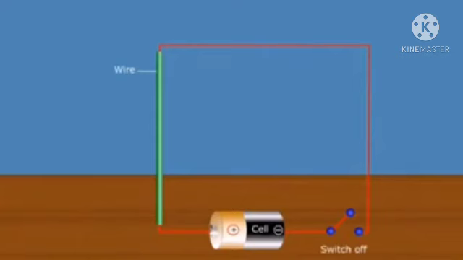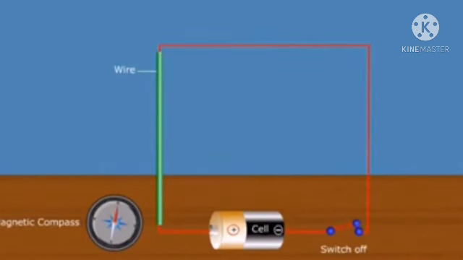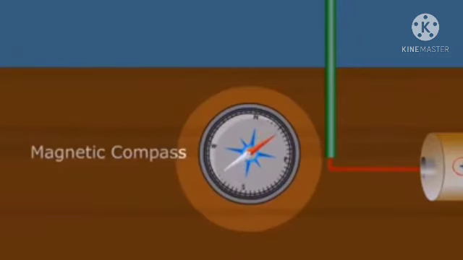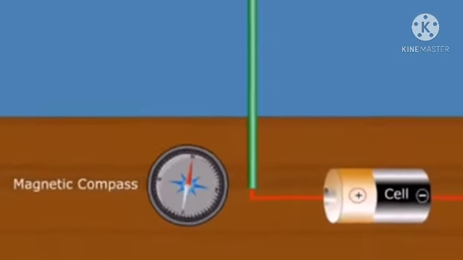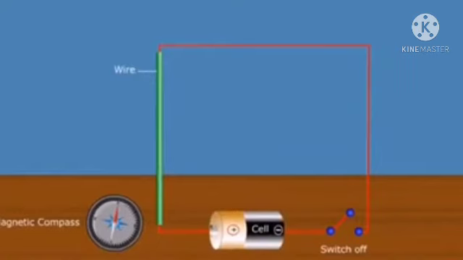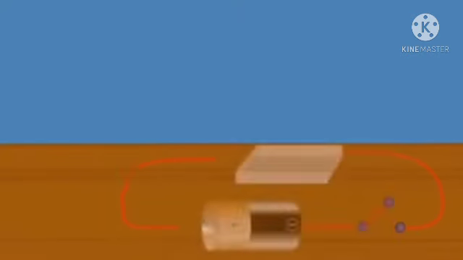In 1820, the Danish physicist Hans Christian Ørsted discovered that a flowing current in a conductor generates a magnetic effect. Ørsted demonstrated this by connecting the two ends of the connecting wires. Then he placed a magnetic needle. Now, when he allowed the current to pass through the wire by closing the switch, he noticed that the needle got deflected, and it acquired its original position when the flow of current stopped.